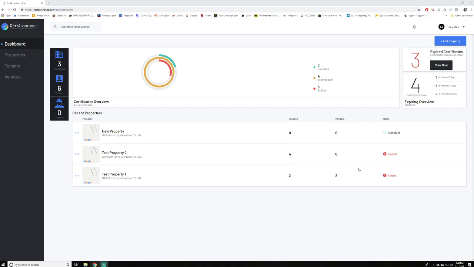So what we're going to do during this video is go through all the various parts of CertAssurance and explain all of the features and elements to you. We'll go ahead and start with the dashboard view here. This is a screen you will see when you log into CertAssurance, and this is going to be your home